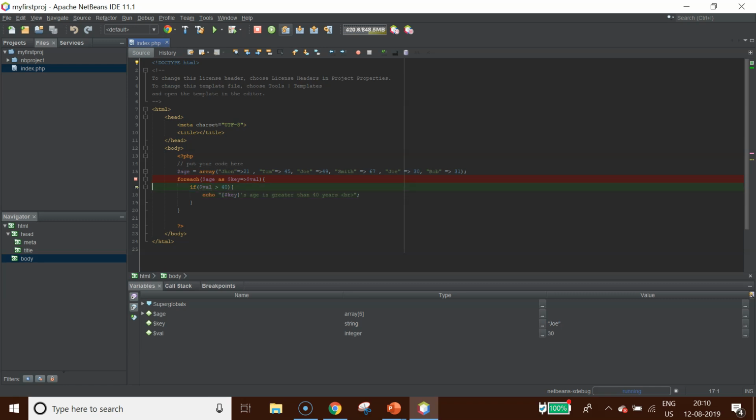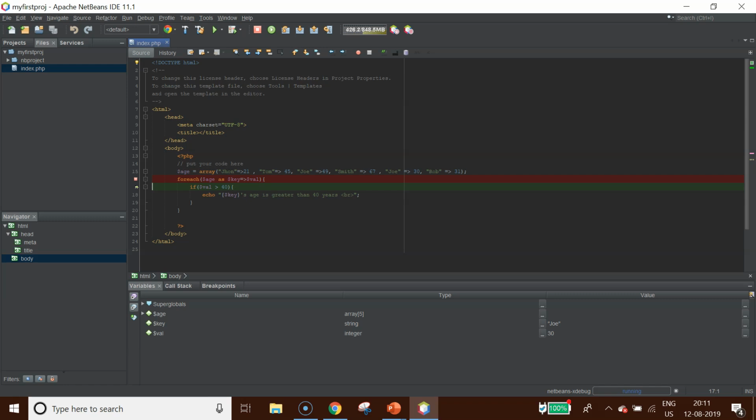So we can see that Joey's age with value 49 didn't get displayed directly. It skipped to Joey with 30, and we can find out that the reason for this is that